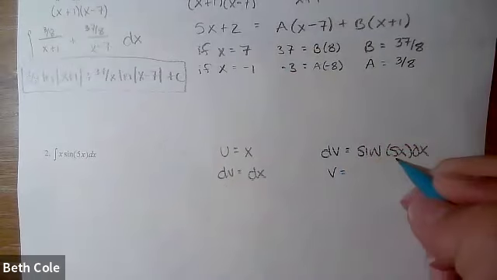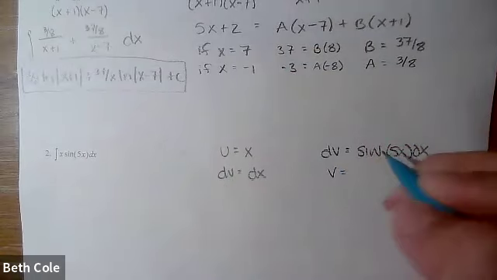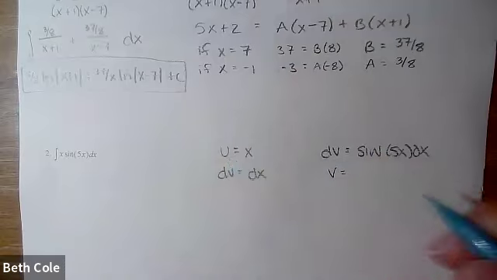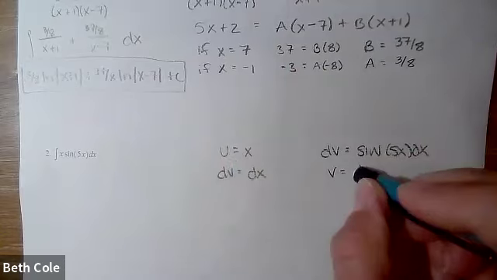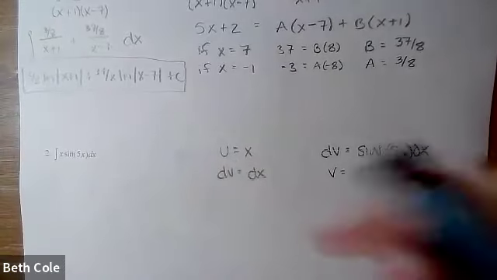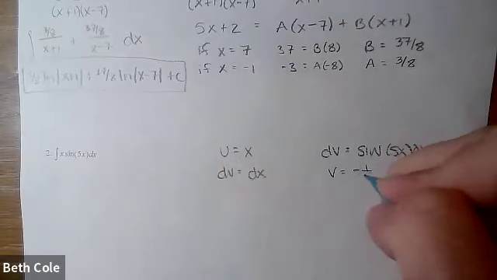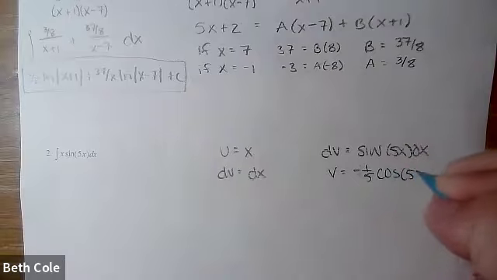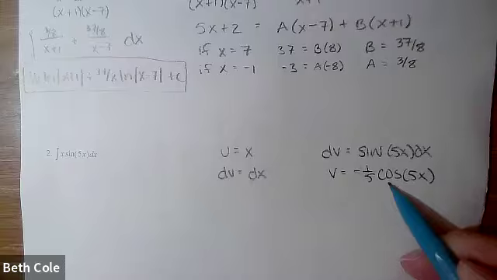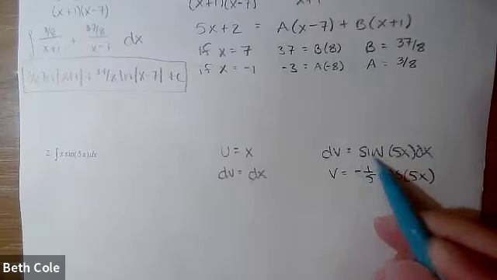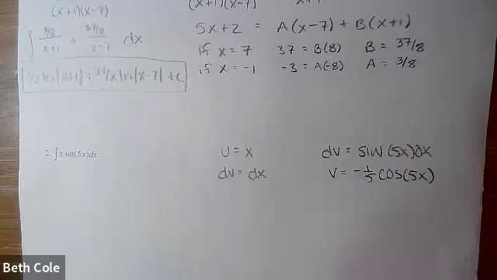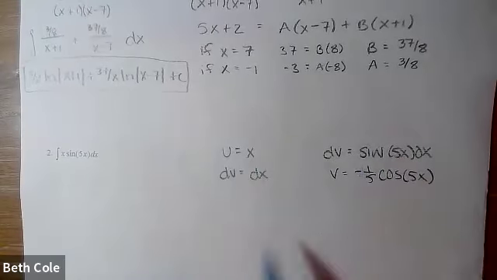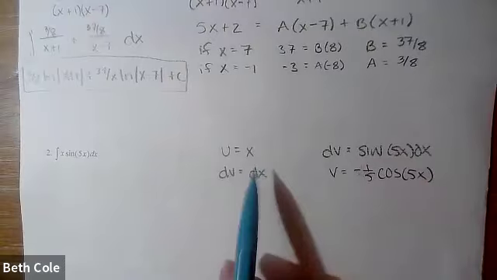V, if you do an antiderivative, there would be a u substitution. I guess you couldn't use u. You'd have to use a different letter, I suppose. But you're going to just put a 1/5 in front. Actually, it's going to need to be a -1/5. I'm talking, so I'm not thinking here. -1/5 cosine 5x. Your derivative of cosine would be negative sine. So when we're going backwards, we just need the negative there to cancel it out so that this ends up being positive. Now, if you write it this way every time and just stay organized,